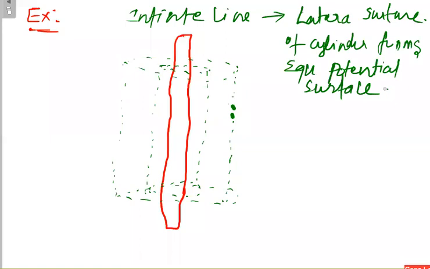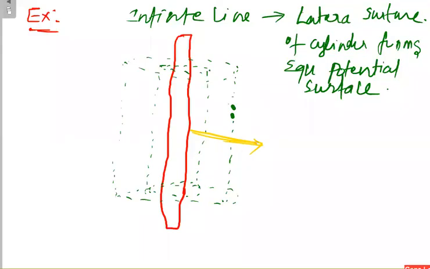Please also note down clearly what the direction of the electric field is. This is the direction of the electric field, just a perpendicular direction. So if you want a variation in the voltage, in which direction do you have to travel? Along the equipotential surface or perpendicular to it? To have a variation, definitely you have to go perpendicular to the equipotential surface.